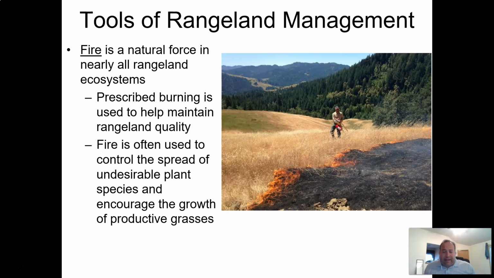And then our last tool to mention, and trust me, there's many more, but just some bigger, broader tools, is the idea of fire. So fire being a natural force in pretty much all of the rangeland ecosystems. You can use prescribed burning, like the person in the example here, to where you're going to try and improve the rangeland quality, improve the forage quality, get rid of exotic species, manage growth. It's a very quick, easy, cheap way to be able to manage